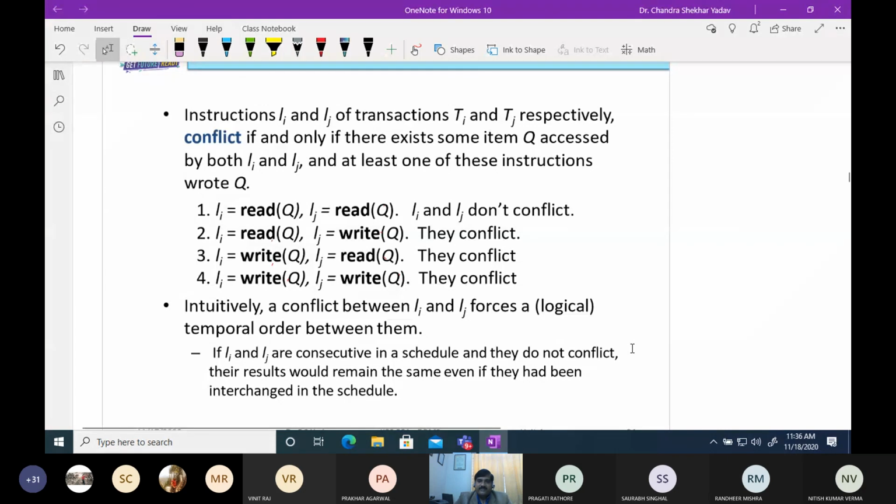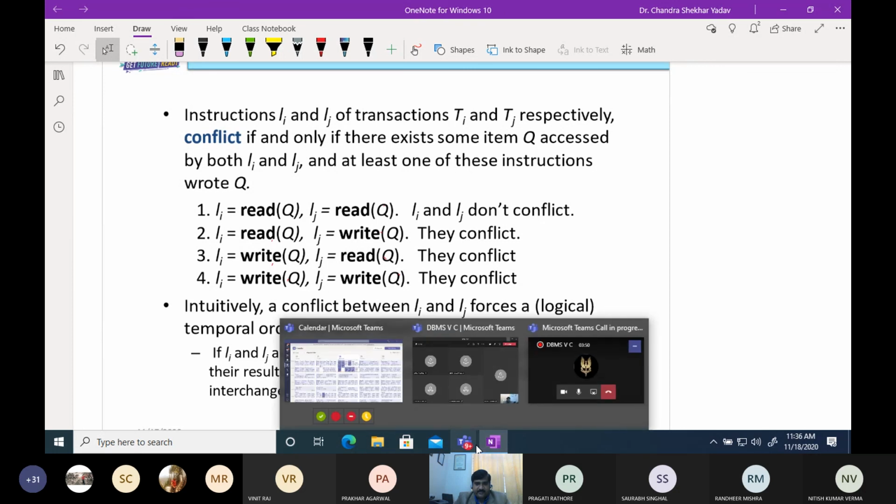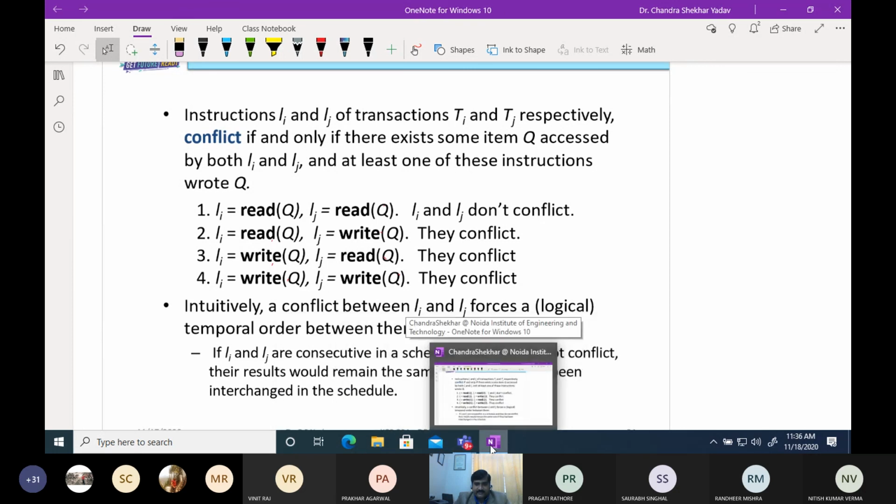One non-serial schedule is given and you have to find out whether it is conflict serializable or not. There is an algorithm through which we can find this out. In the next lecture, I will explain numerical problems related to conflict serializability.